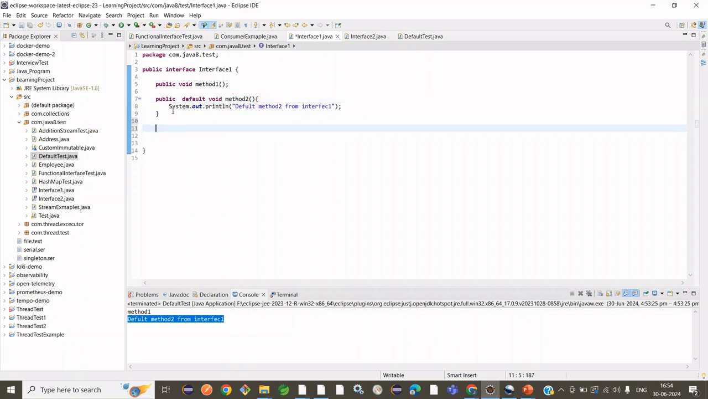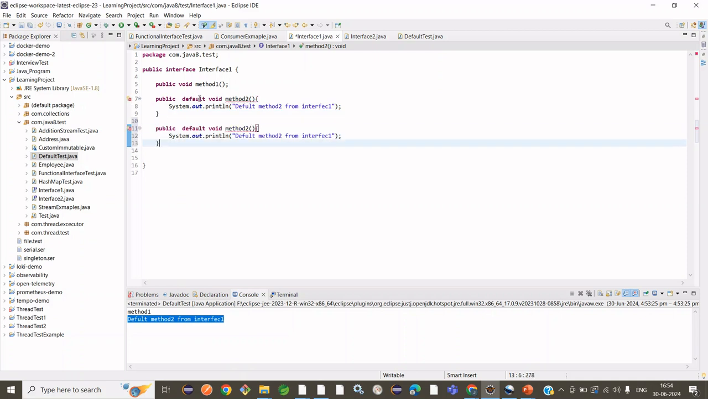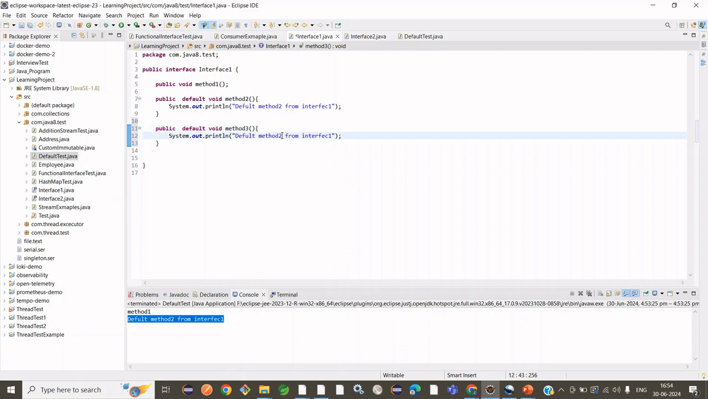So if you don't want to call with the help of object creation, then you can use a static method. So let's write one method, which is method 3, quickly. Method 3 from interface 1 will be a static method. Like this we can create a static method, using the static keyword instead of default. Memory for this static method will be allocated at the time of class loading only, so no need to create the object